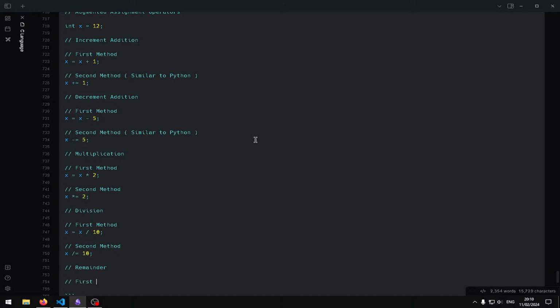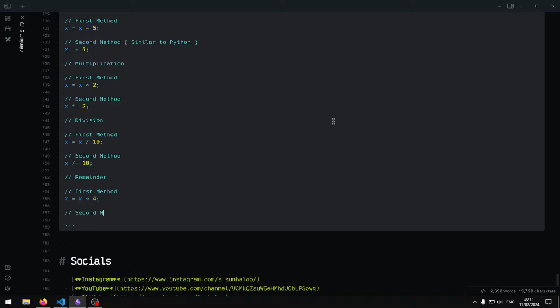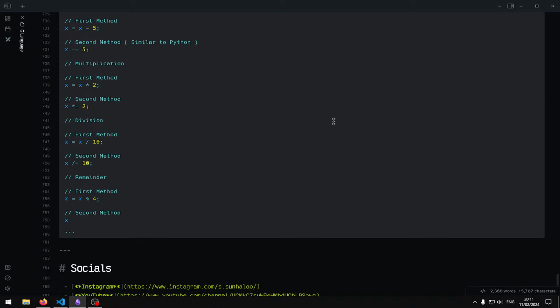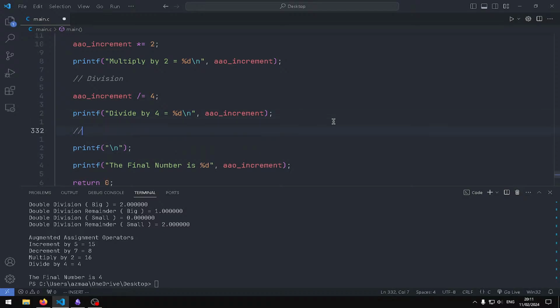So first method could be, we could say x is equal to x modulus 4, I guess. I don't know. Then the second method would be x modulus is equal to 4. So if I go back to my shitty piece of remainder and I say